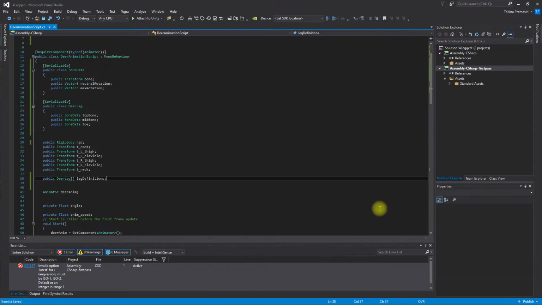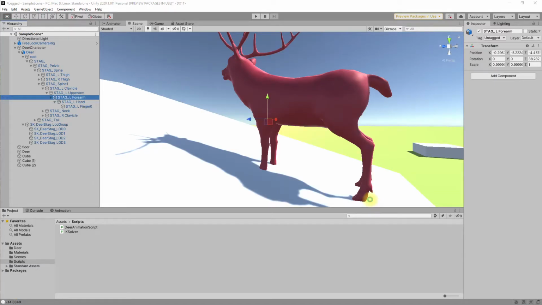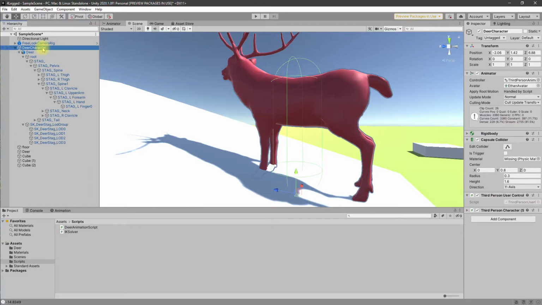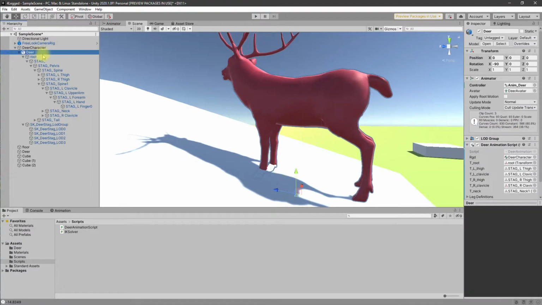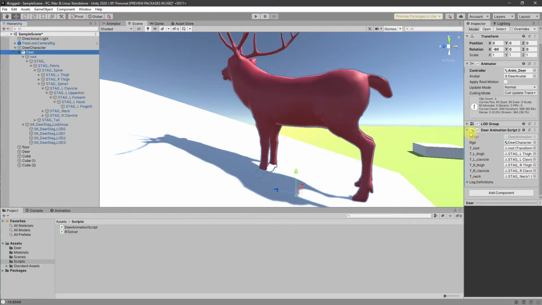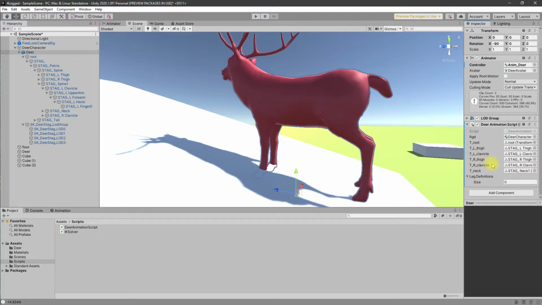Okay, now let's see. Okay, now under leg definitions I'll make this 1,